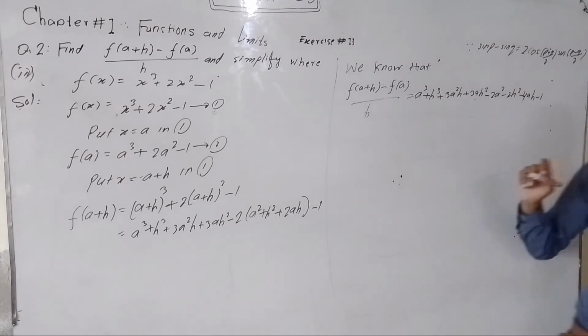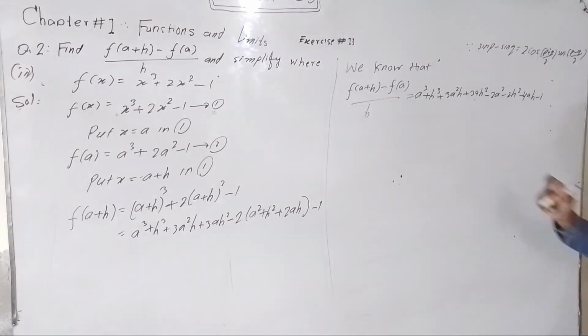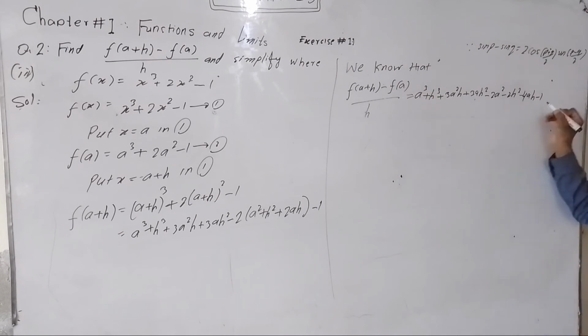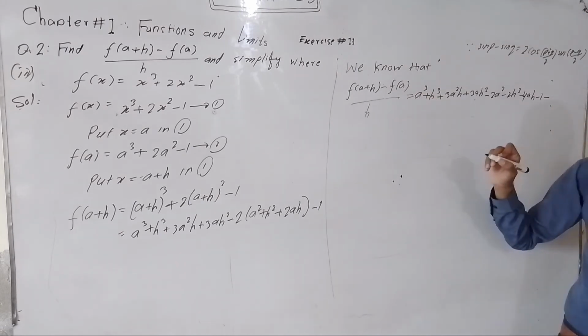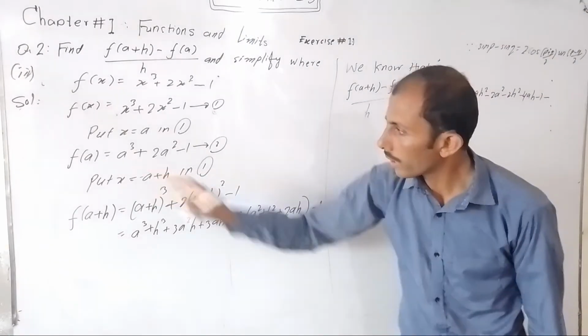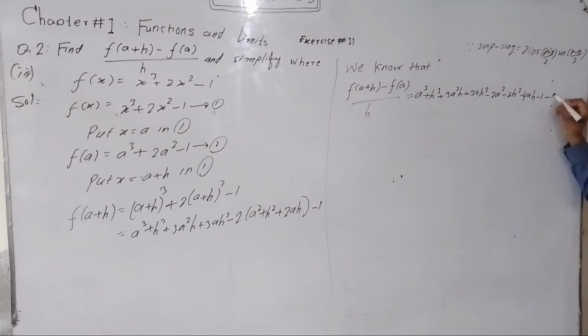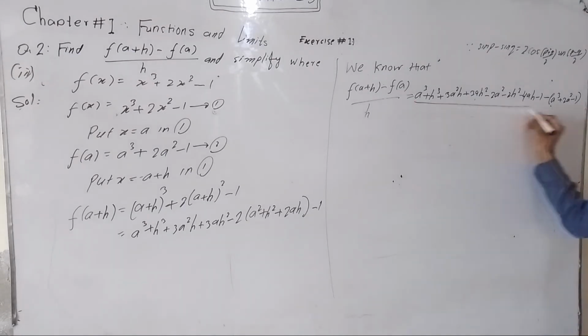Next, minus f of a, so minus f of a is equal to minus (a cube plus 2a square minus 1), all divided by h